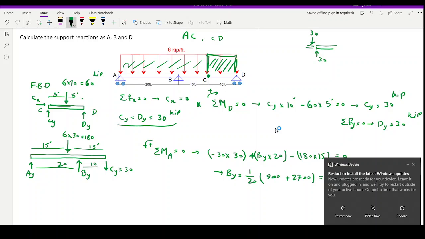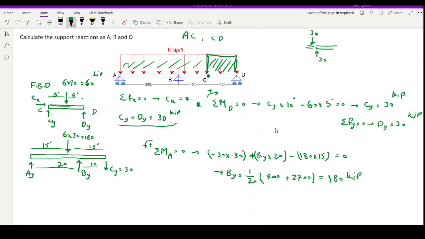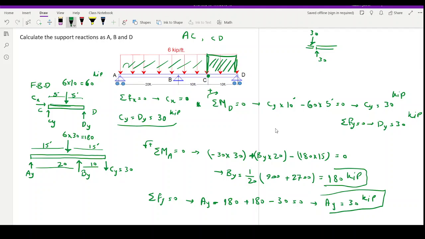So I calculated By, and by writing sigma Fy is 0, I can find Ay. I'm writing in this way: positive Ay minus 180 plus 180, which I calculated in here, and minus 30, is 0. From there, Ay is positive 30 kip. And that's how you find all the unknown